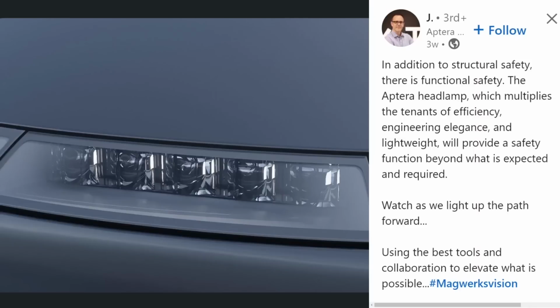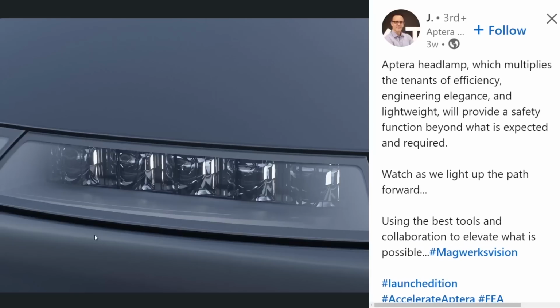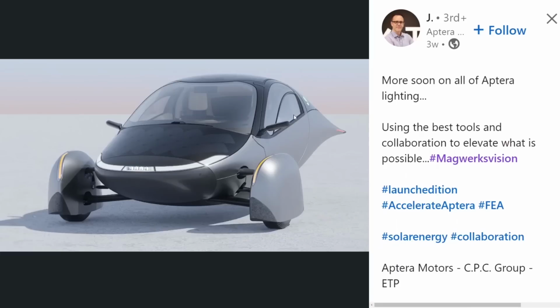Several weeks ago, Jason Hill put a couple of posts on LinkedIn talking about the lighting system. And if you look at this, here's a picture of the headlamp with the center headlamp on the Aptera, and it says hashtag Magwerks Vision. And the other one was